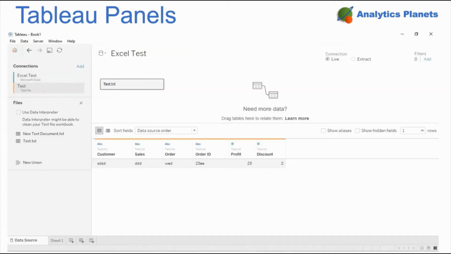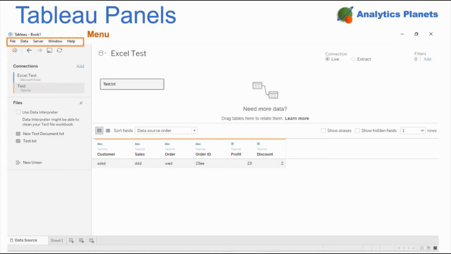Let's talk about how Tableau looks and what kinds of different panels we have in the software. Currently this is static, but in our next video we will show you more of the dynamic side, how you can navigate between the different panels. So let's talk about the data set or data source